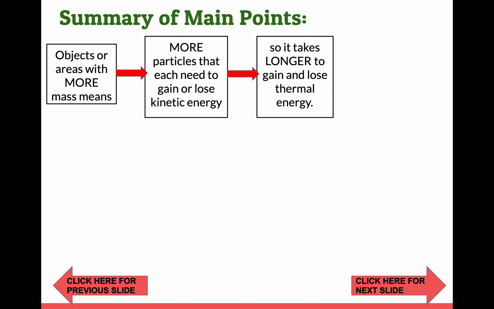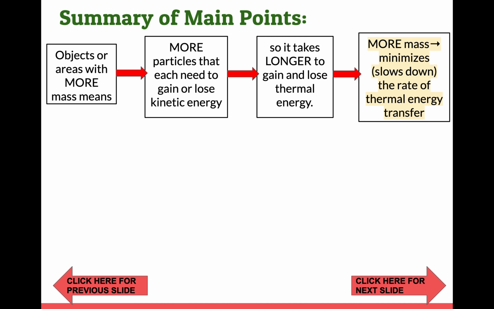The more particles you have, the longer it takes to gain thermal energy, and the longer it takes to lose all that thermal energy because there's so many particles. And that means more mass means that you can minimize or slow down the rate of thermal energy transfer. The more particles you have, the more mass you have, you are minimizing, you are slowing down the transfer of